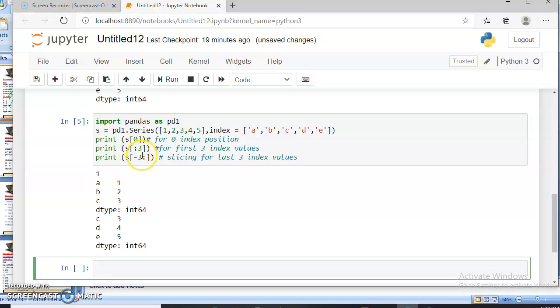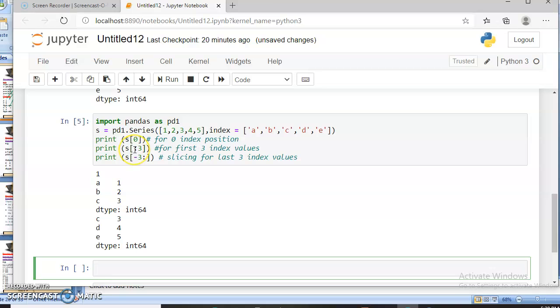Okay, now after that I want to access S with a colon 3. So students, you know that if I want to access a slice of the array, the colon symbol is used.